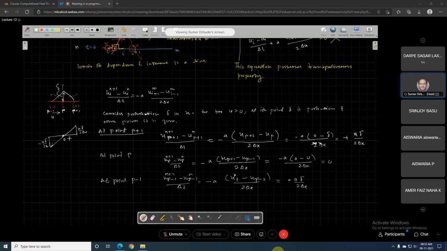So any perturbation here is propagating in this direction and also in this direction. But our flow direction is this. So this is inconsistent. This is not showing a transportive property. It is transporting the perturbation delta in the p minus 1 direction. So this is wrong. This is incorrect.